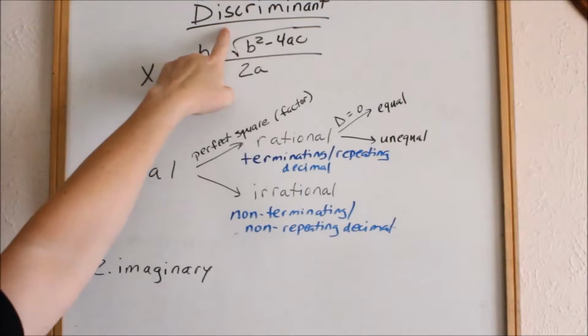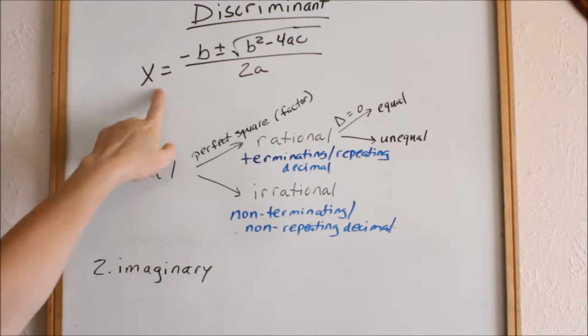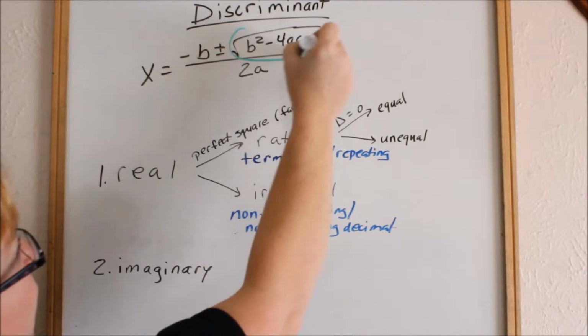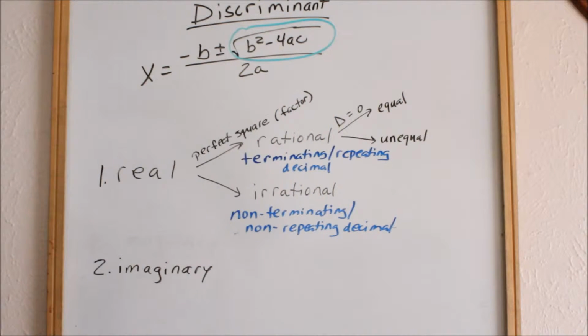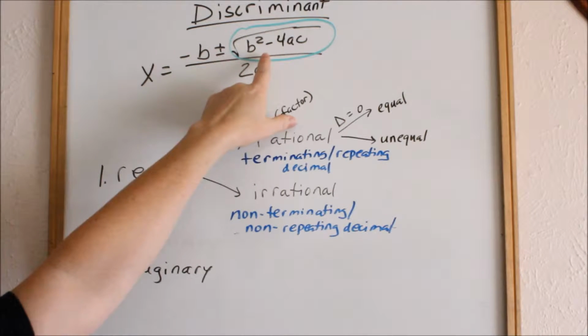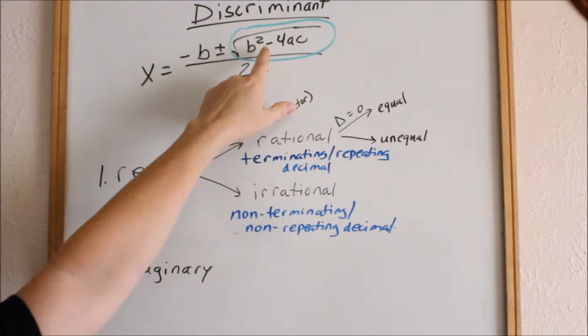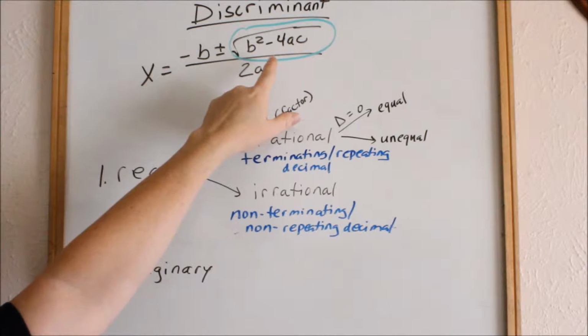Okay, we're going to be talking about the discriminant. So this is the quadratic formula. In the quadratic formula, this part right here is called the discriminant. Alright? We can look at the discriminant. We can look at pretty much everything under the radical and tell what kind of solution we're going to have